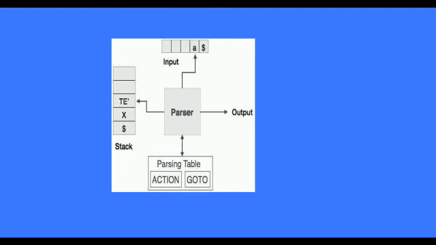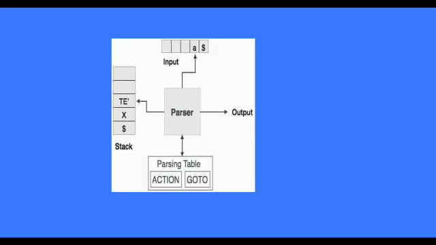You are seeing in the diagram itself, the first level has the input, a plus b and dollar, and next coming to the stack, first it contains dollar. In the stack the elements are stored from bottom to top.